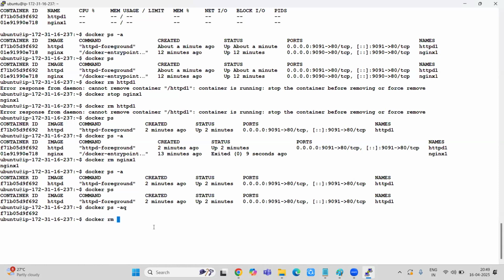There is a command called docker rm followed with a dollar. Why dollar? Because that will store the value or the output generated here. docker ps -aq means that it will display only the IDs. So when I pass this docker ps -aq, the output from this will be stored in this dollar, and it will keep on looping docker rm. So every time it will remove all the containers irrespective of whether they are in a stopped state or in a running state.